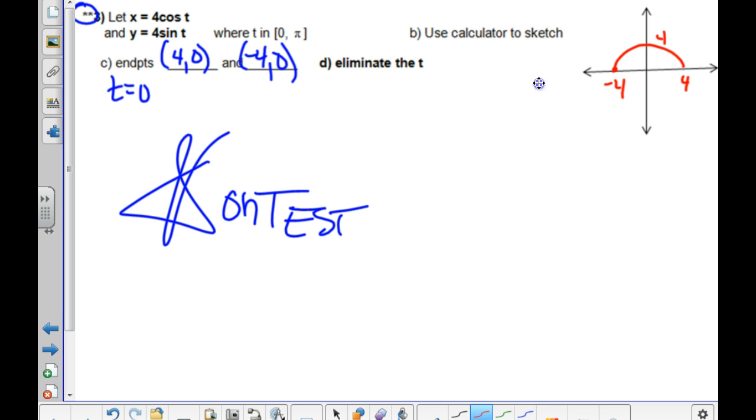All right. When we have x equals 4 cosine t, and y equals 4 sine t, getting rid of t is a problem because t is actually a part of the function sine t, okay? We are going to have to trade something. We want to get rid of